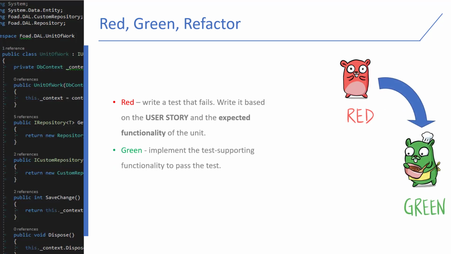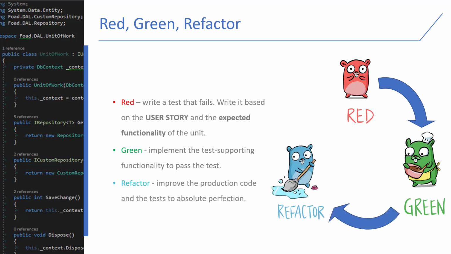After that, it is time to make the red unit test green. It is time to develop the original code. Implement it and make this unit test green. Now it is time to clean up your mess. Because when you are writing the code, when you are writing a unit test, you shouldn't think about design patterns. You shouldn't think about anything. Just think about how can I write it as small as possible.